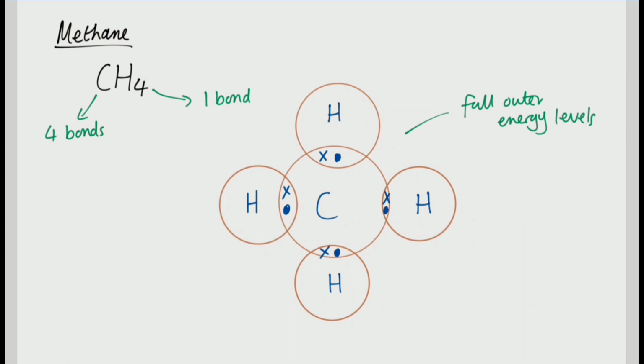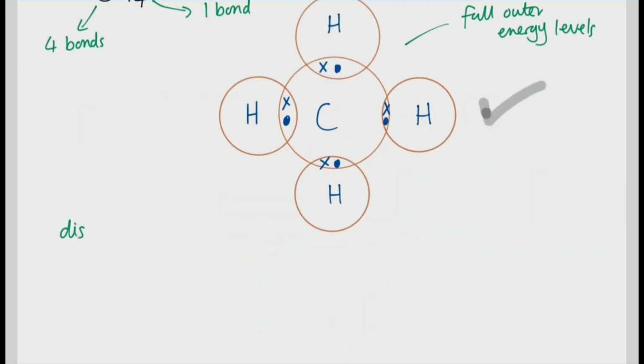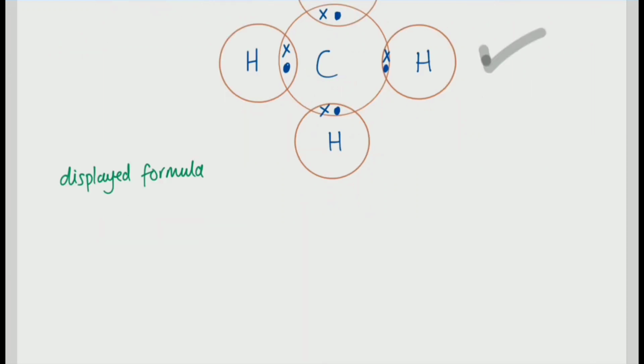So now we know that this is the correct structure for methane. This is the correct dot and cross diagram. This is the correct bonding. We can now draw the displayed formula. So in the displayed formula, we don't draw the dots and crosses. We just draw the symbol for the atoms, and we draw the 4 hydrogens next to the atoms,